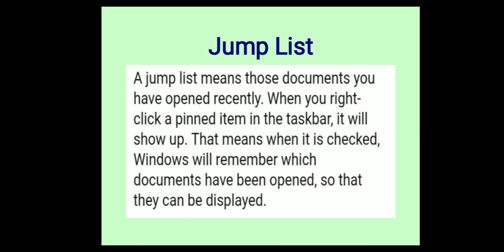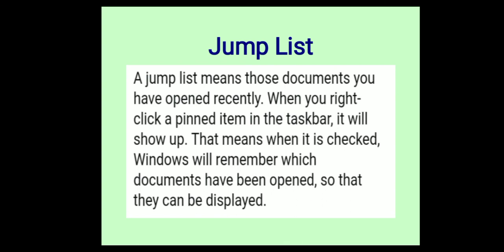You select the third application and it opens on a full screen. When this is enabled, Windows will remember which documents have been opened so that they can be displayed. When you open the first, second, third and fourth application on your computer,